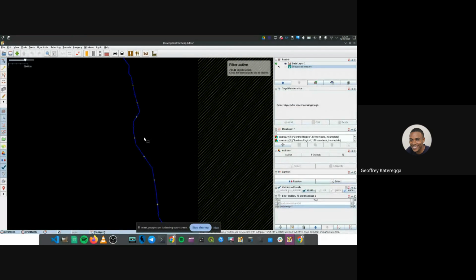If I select my feature here, I can see the tags in JOSM. So this is the Sezibwa River. That is the name, but you can also see there is an alternative name. Some people use double S on this river name, other people use single S. All of these different alternatives have been added just to confirm that this is actually the same river.